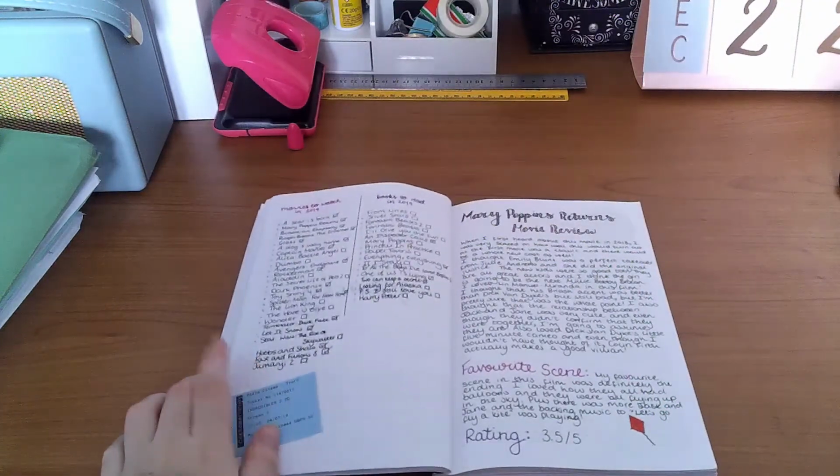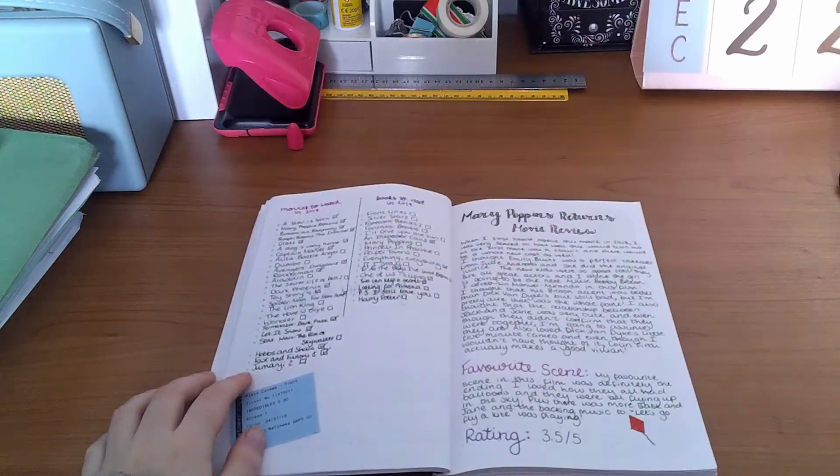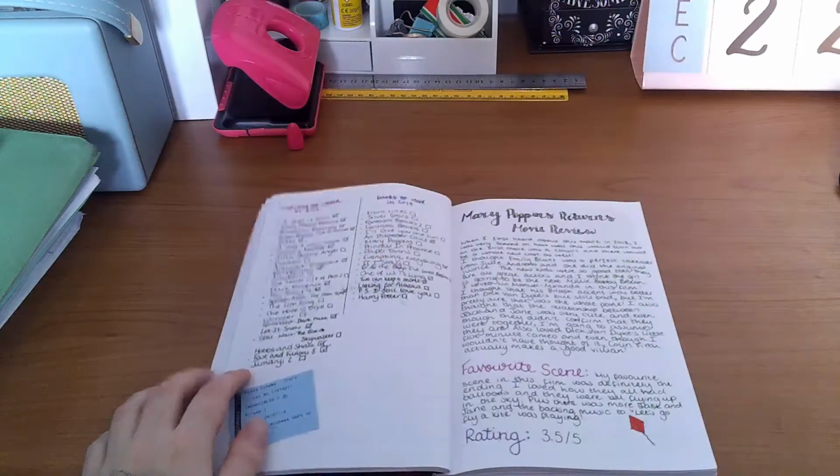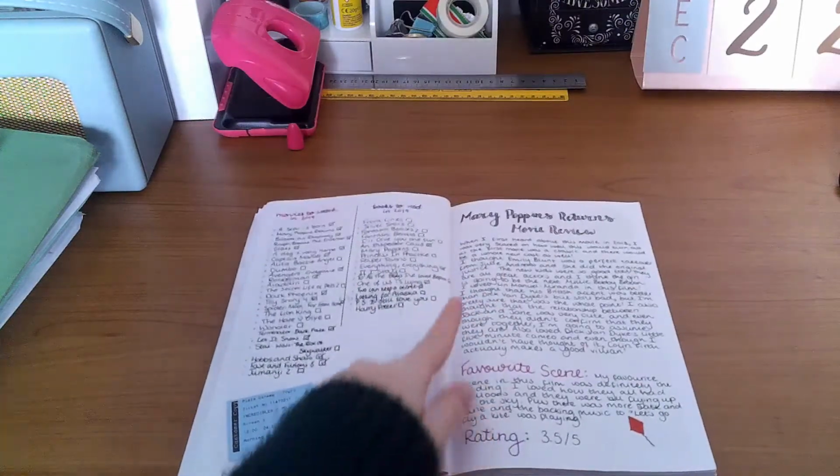And movies to watch, I've watched too many. I'm not even going to bother counting, but I've watched a lot of them. Some of them I regret watching. X-Men. But yeah, and then I did a little Mary Poppins Returns movie review, so I wrote a bit about